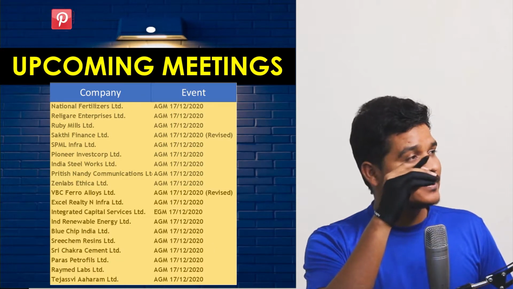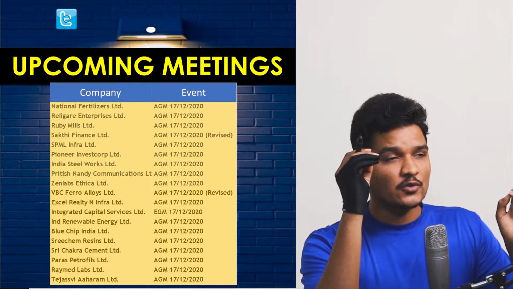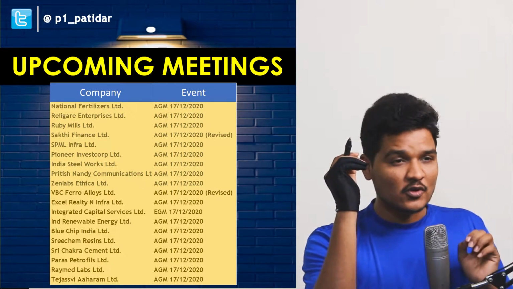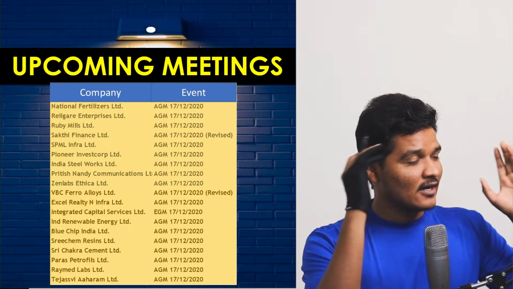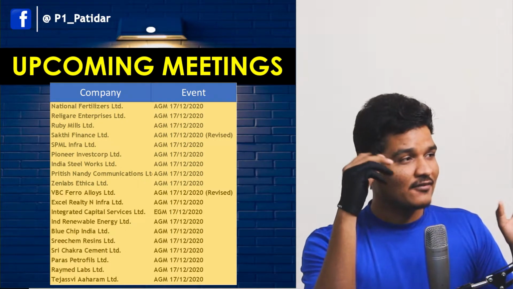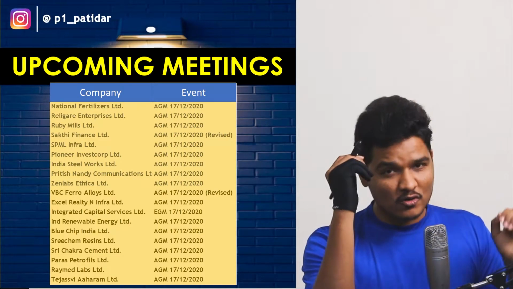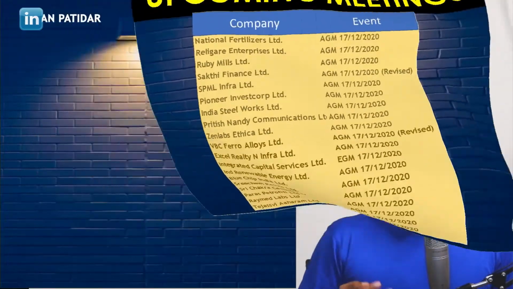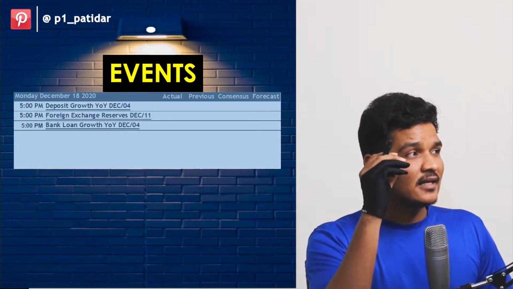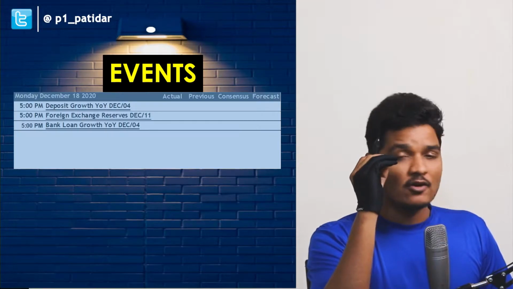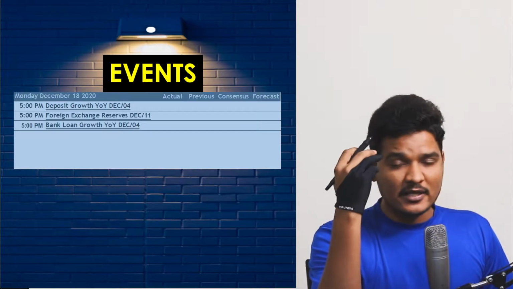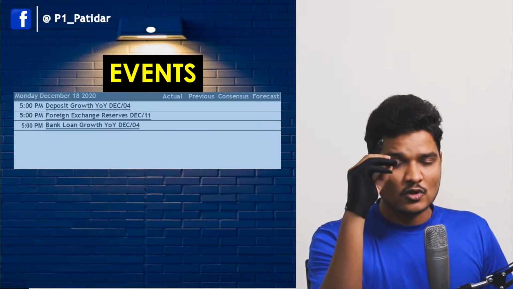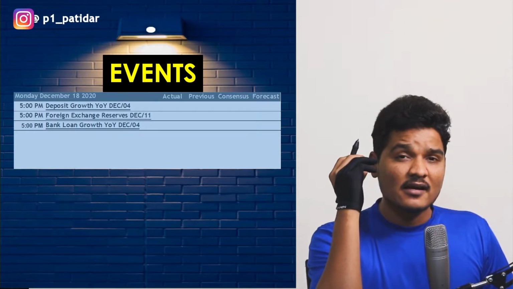If you see the upcoming meetings, these are the meetings which are going to be held tomorrow. Well, tomorrow is expiry as well. So please look for the news. If any of these companies announces big news, definitely it is going to move up or down. Now let's move to the events and see what events are going to be held in the upcoming days. If you see here, there are 3 events which are going to be held on 18th December. Till the 18th there are no events, so you don't have to worry about any major announcement or events. So tomorrow the market will be free of events and announcements as well.